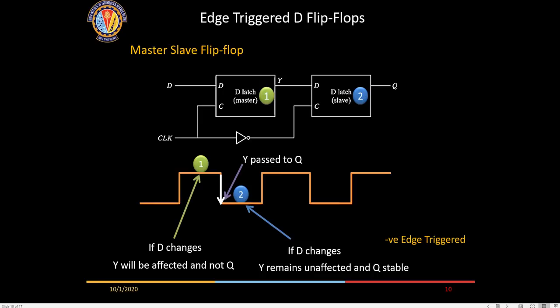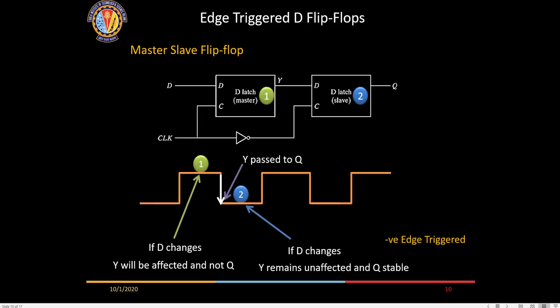So, two doubts here. First of all, the frequency with which D is changing is independent of the frequency of the clock changing, right? We don't really need to synchronize them. No. Okay. And second, sir, in practical circuits there will be a transition delay from Y to D, and then there will be the NOT gate delay. So if the NOT gate isn't changing as fast as the data is transmitting from Y to D, then for a split second it could happen that C would not be 1 and D would be transmitted, or D wouldn't be transmitted and C would be 1. That would corrupt the data, right?